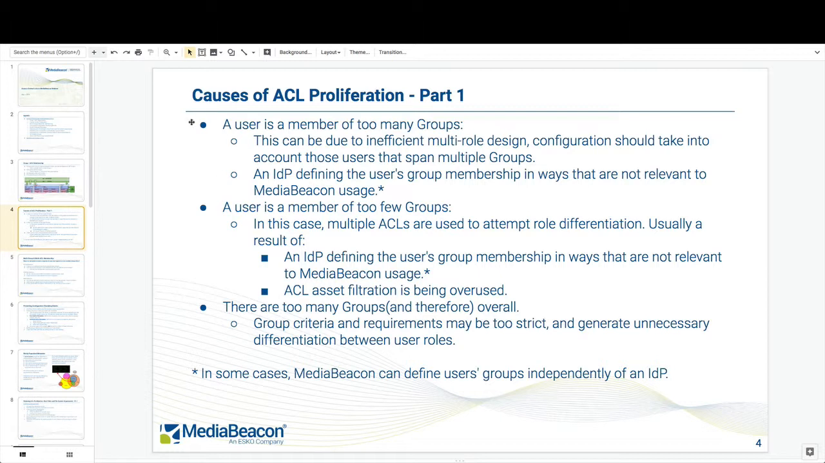If the user is part of too many groups, that is really one of the primary issues, and this can be because there has not been a very efficient multi-role design put in place. Meaning that when you decide how many groups a user needs to be a part of to accomplish their work, you might have designed a whole number of groups that have very well-defined areas of capability, but the differences between them might not be very large, and may simply just be adding extra ACLs, because what can sometimes happen